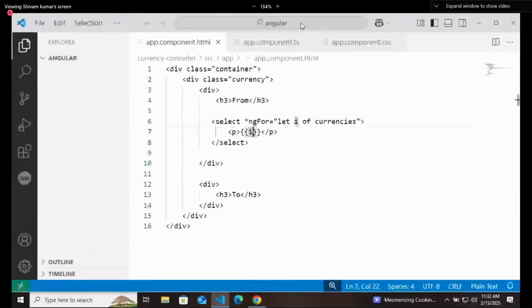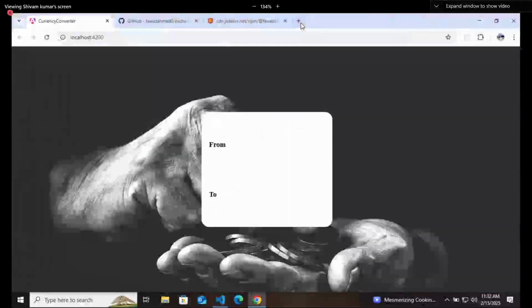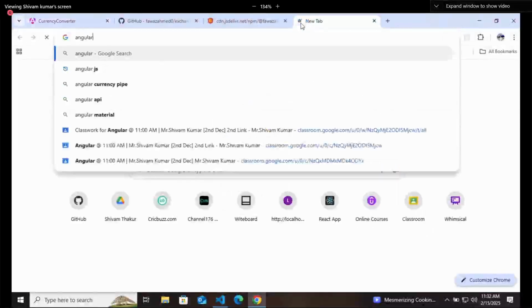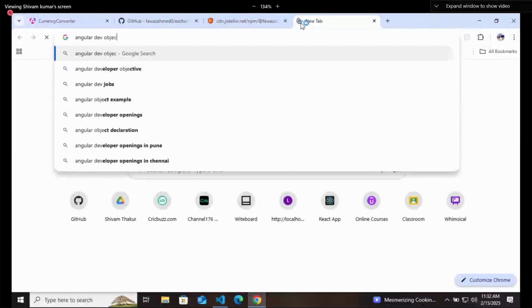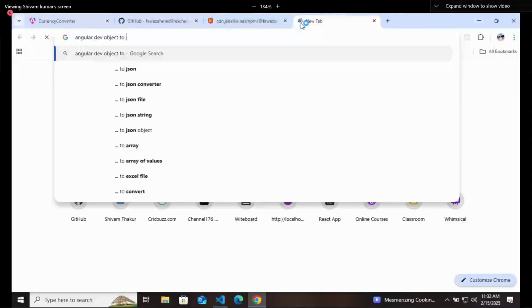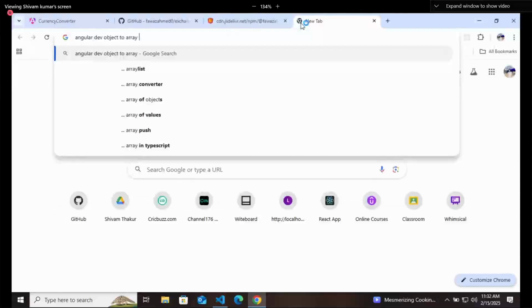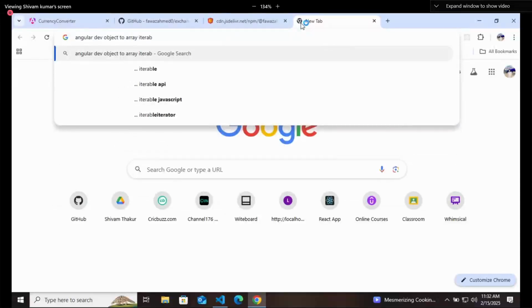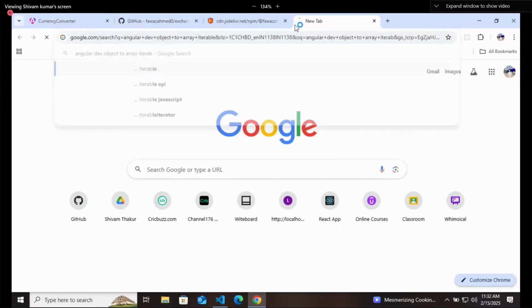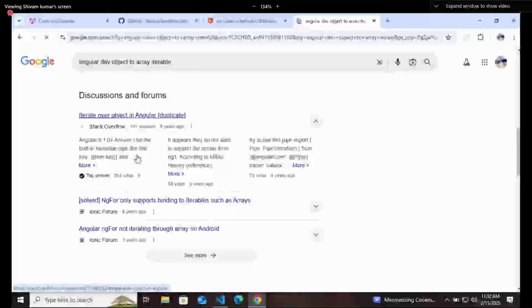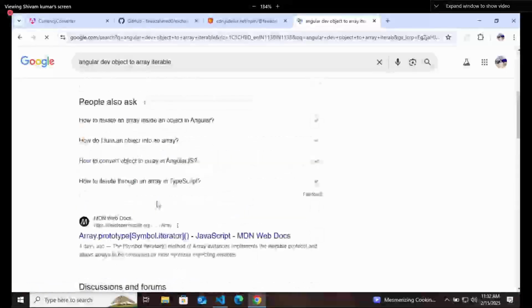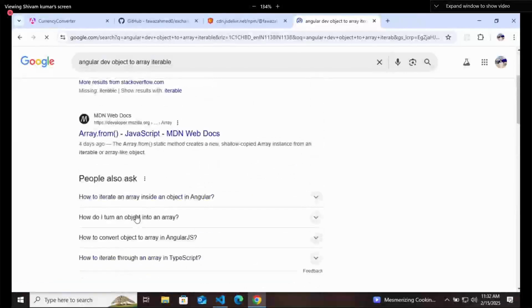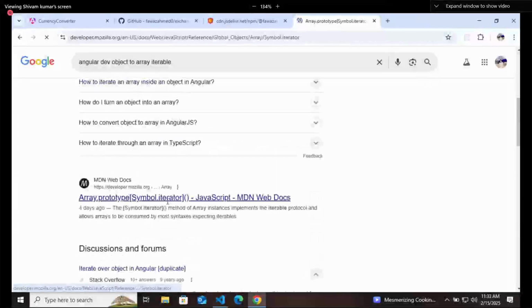For that, if you go to Angular's main website, that is angular dev, and write there object to array iterable. Just write this thing and it will take you to the website. Go here.